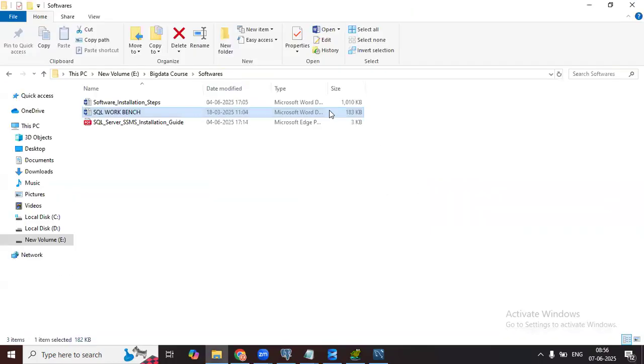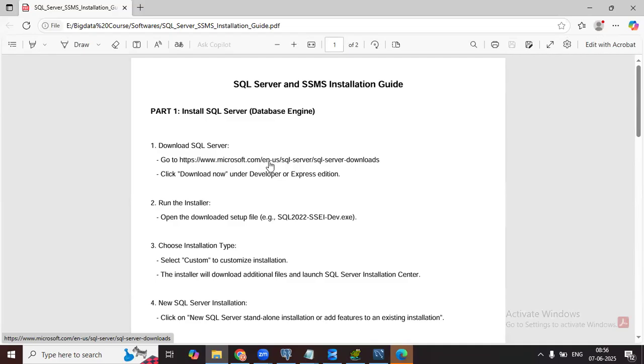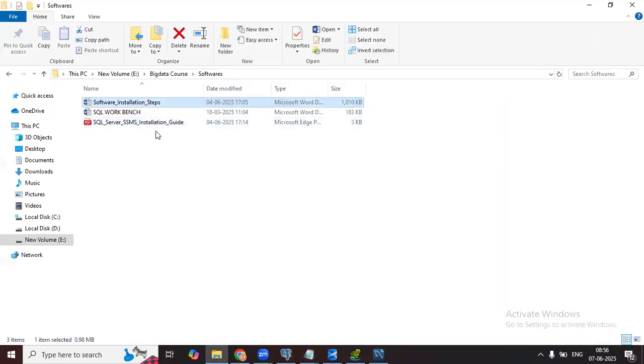These connections are related to Oracle. Then I provided the SQL Server installation document also. You can click on this link and it will download. After that it's normal software. Double click on the setup and click next repeatedly. It will take maybe 20 to 30 minutes, then the installation will complete. So these are the two, Oracle and SQL Server. Postgres, if you want, I'll provide that also, or you can check on the internet and download it. That's about the installation part.